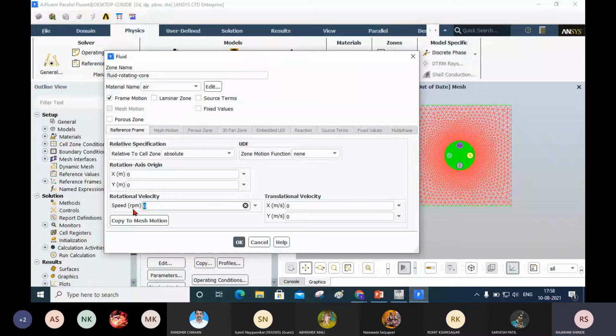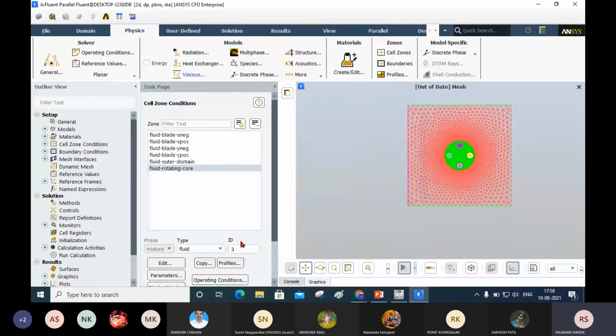Suppose this speed is 40 rpm. After doing this, I will click on the OK button. Now I have applied the rotational velocity to that rotating core.